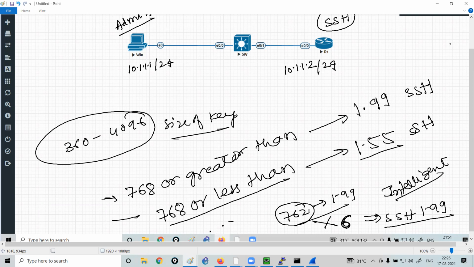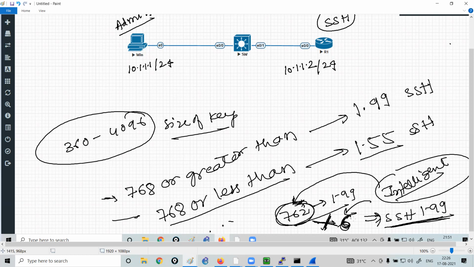Now your router will say that I am an intelligent device, and since my user or my admin wants to configure the key size 762 bytes, the router will say that if the user can add 6 more bytes, he will be able to get a more secure version. So basically your router is adding this 6 bytes by itself, and these additional bytes added by your router or the switch are something known as garbage